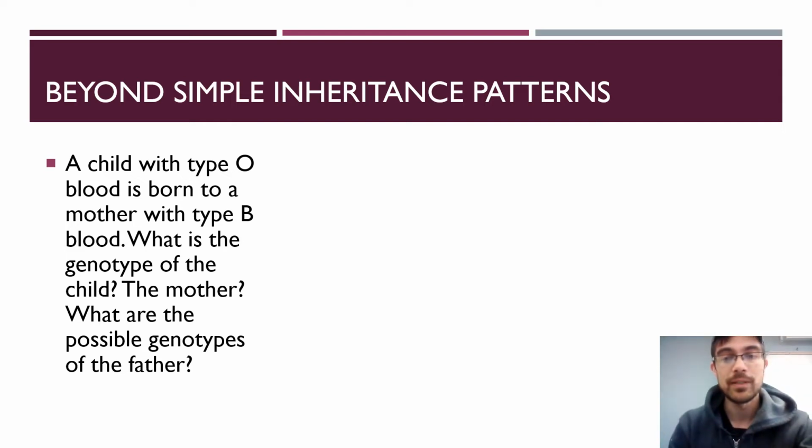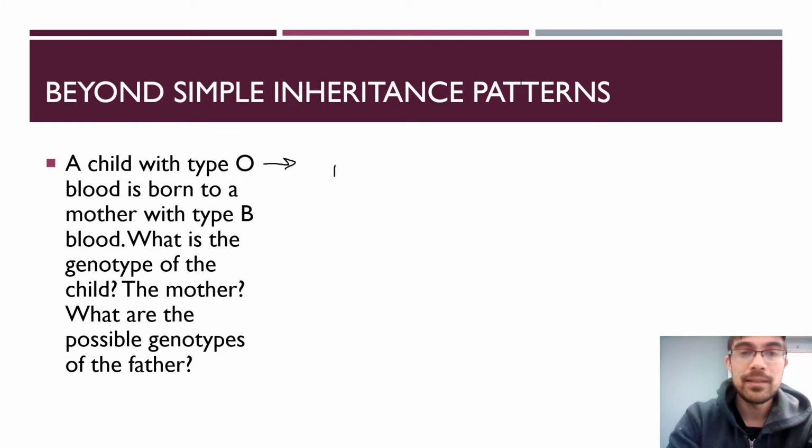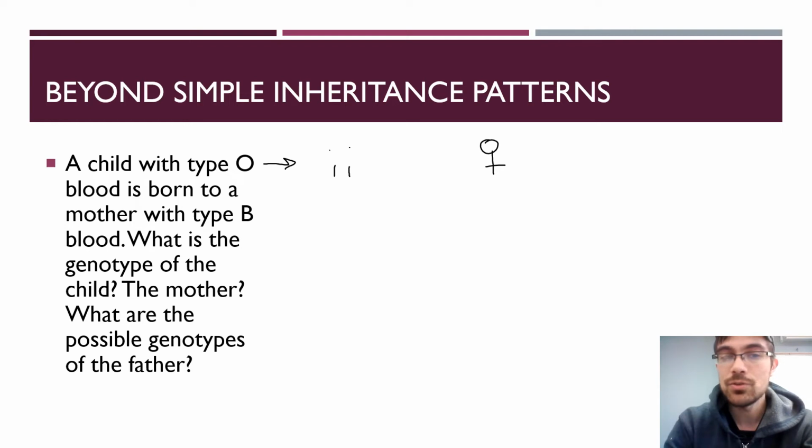Which is kind of weird because a lot of the population, about 39, 40-ish%, I forget the exact number, is type O positive. Either way, for a child to be type O, that means this would be their genotype, okay? The mother, on the other hand, we know is type B. So remember, there's two possibilities for a mother who is type B. There is